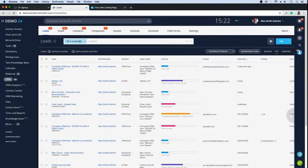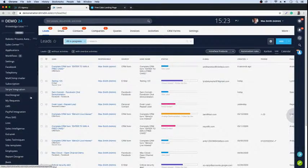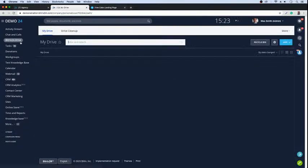Had a question about, does Office 365 connect to Bitrix? So Bitrix does have a document management tool in here. So if we go into our Bitrix24 drive